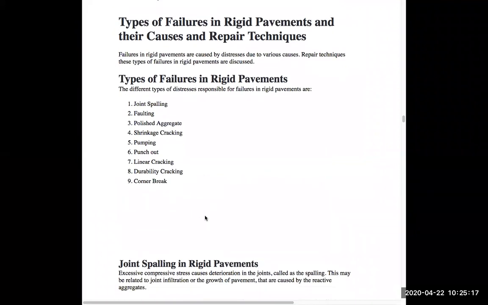Fine. Now we'll be discussing the initial part of module 5, that is, failures found in rigid payment. We'll try to understand the different types of failures in rigid payment. There are a number of failures, more than hundreds, which are caused on rigid payment, but we'll only concentrate on the major failures. The same we have done with the flexible payments as well. We did only the major failures caused on flexible payment, and the same we will deal with on rigid payments.